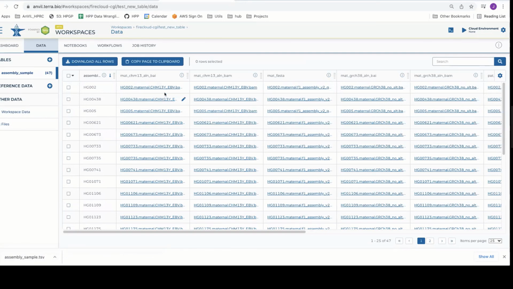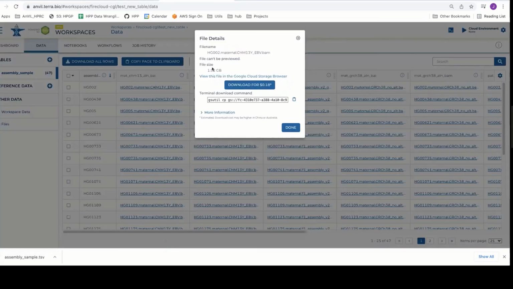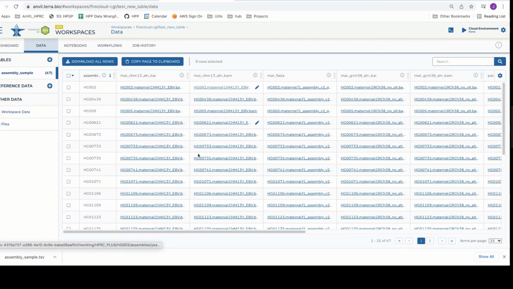I didn't physically copy over the data from the workspace, so I'm not paying for storage of this data, but what I am holding are the URIs for that information. So I could download it here onto my local. I could use the gsutil to do that, or I could launch a workflow in this workspace. Okay. And with that, I think that's the demonstration of how you